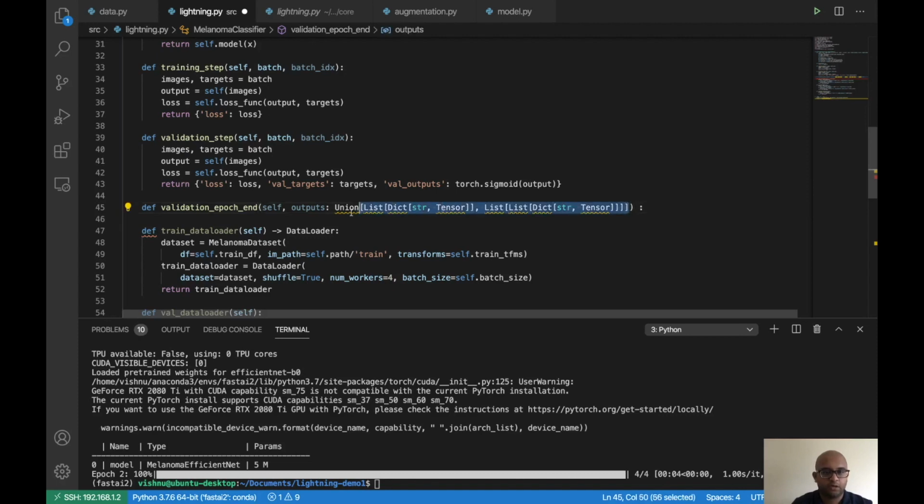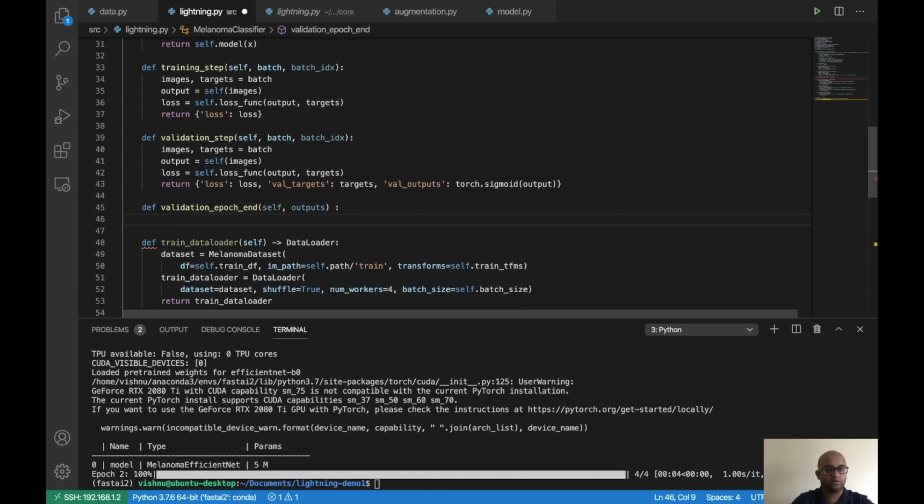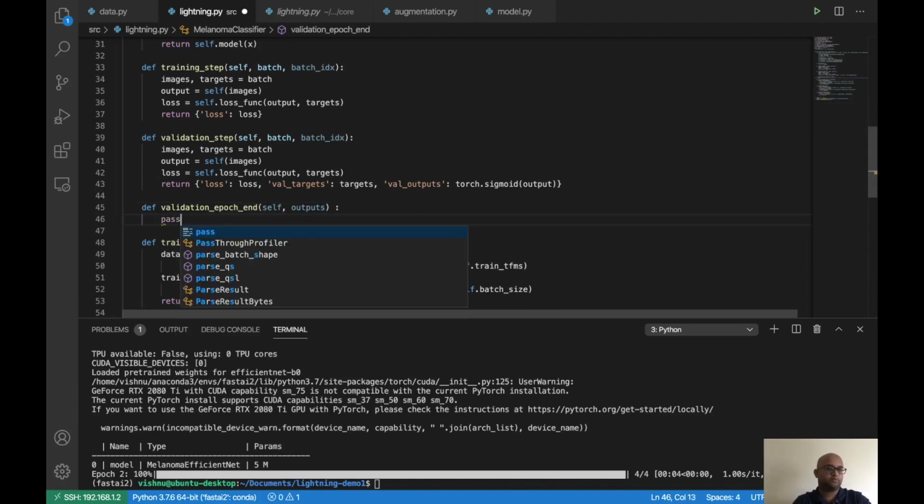Okay, first we know that it's a dictionary of lists. That's what we are passing it here. It's actually going to be a list of dictionaries. Each dictionary is going to contain all the keys that we passed in the validation step for each step. That's what it's going to contain. Okay, so if you really want to understand what is happening here, what we'll do is we'll say pass, and